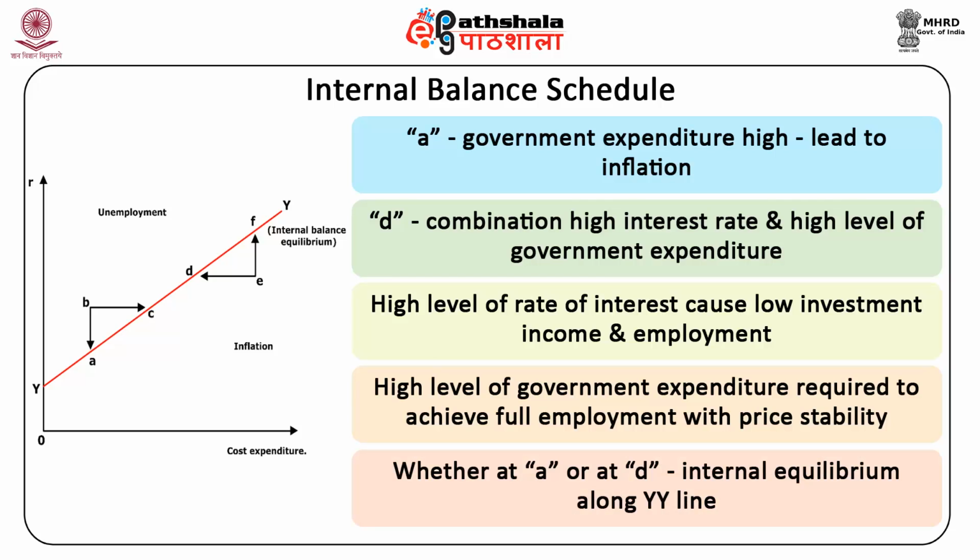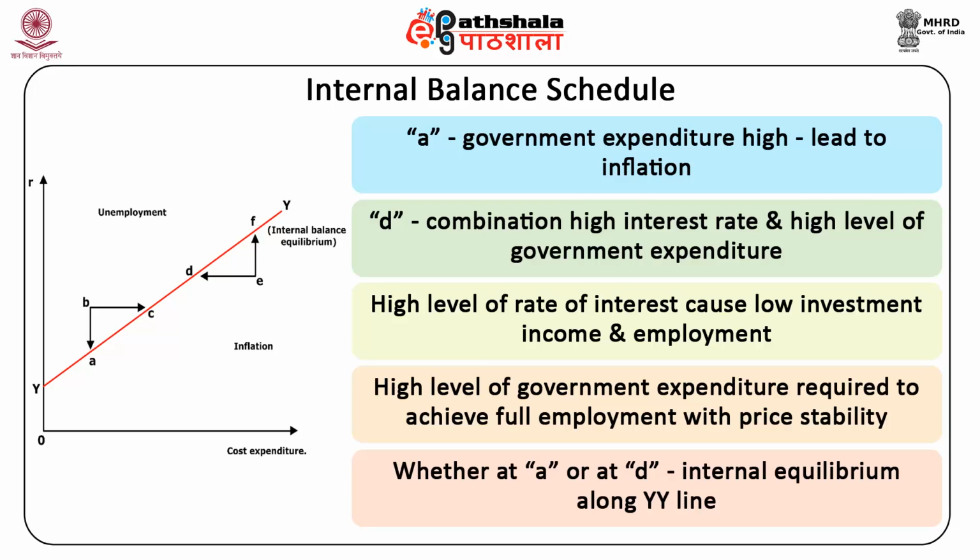So, whether we are at point A with low rate of interest combined with low government expenditure, or at point D with high rate of interest and government expenditure, there must be internal equilibrium